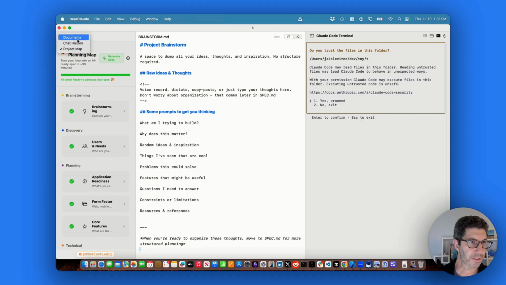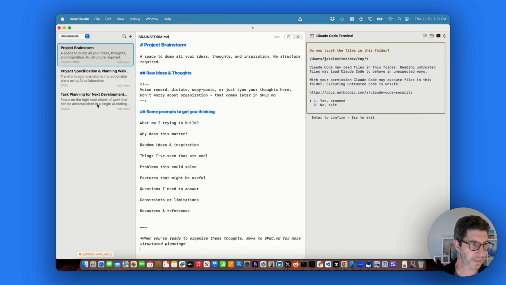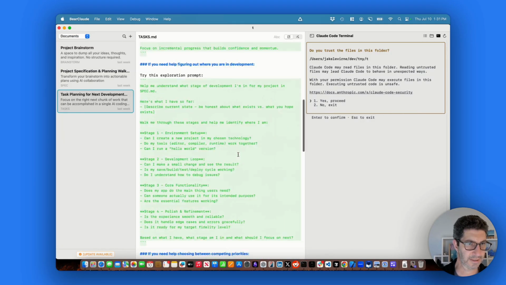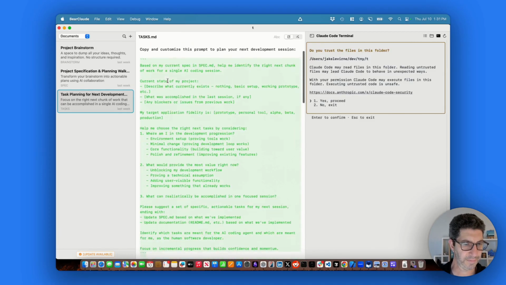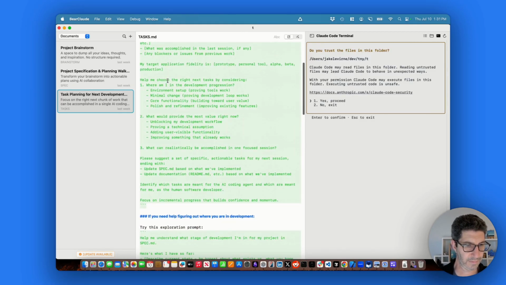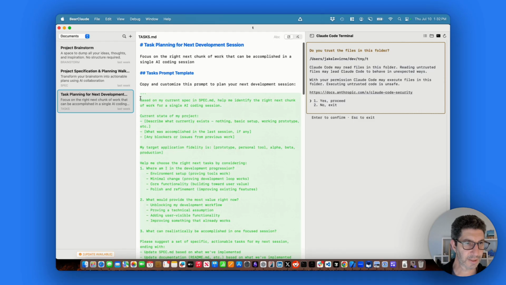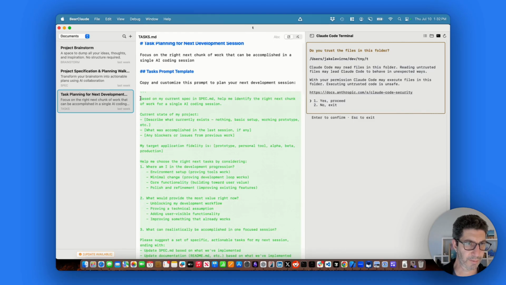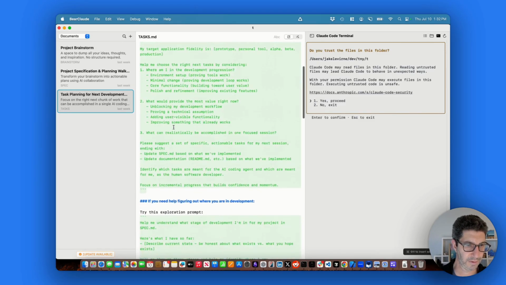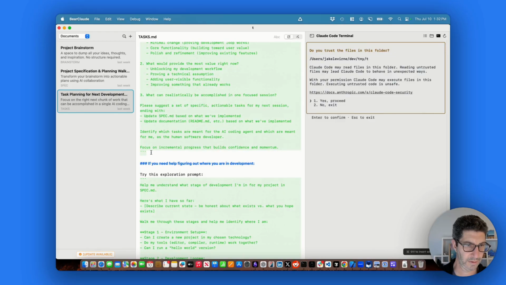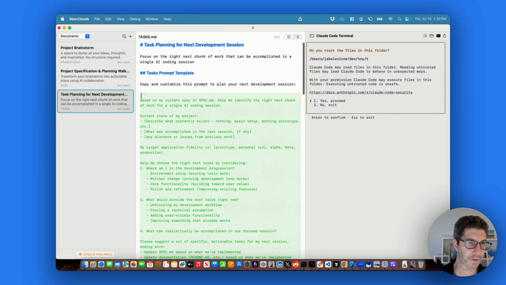And then we go into the documents and we can see 4 tasks. It's this prompt here. So let me pull this whole thing over